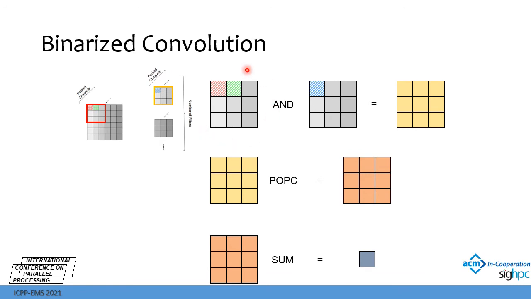These are the operations for a normal version of binarized convolution. First, input needs to do AND operation with weight, and this is like doing a multiplication for normal convolution. After we get the AND results, you need to do population count to count out the ones. It's like doing the addition of the normal convolution. After we get the result of population count, we need to sum up these 9 numbers. So there will be a summation at the end, and it completes the convolution operation.